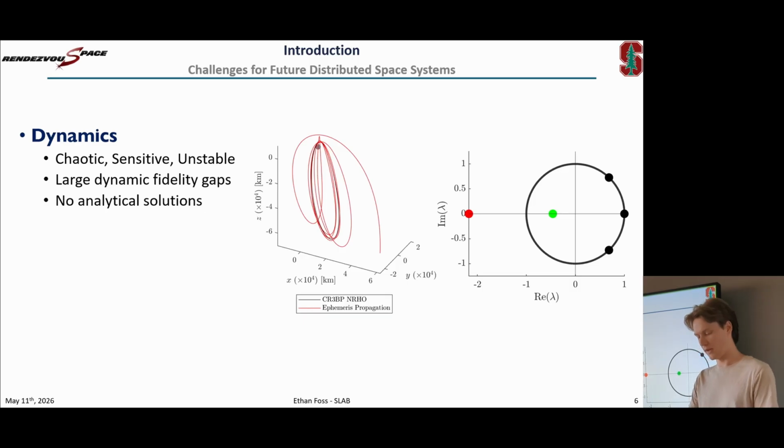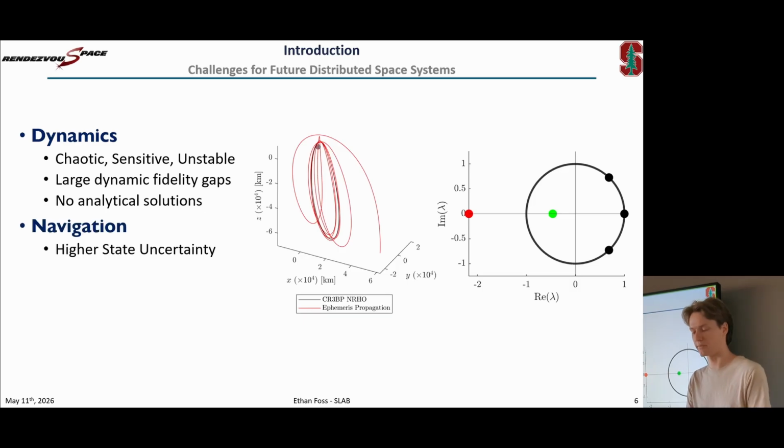In Earth orbit, we can use orbital elements relatively well to characterize motion. However, a lot of times this really falls apart in these regimes. So this is a big challenge to face. We can see this in this figure here, where we just take an NRHO that's in the CR3BP. If we just propagate it for 6 orbits, we see it diverges completely from the orbit. This isn't really a property you would see in low Earth orbit, for example.